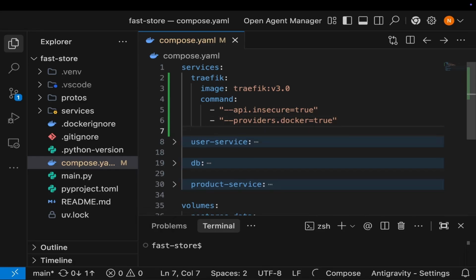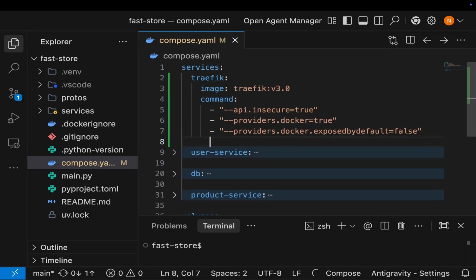After that, we shall have another one saying --providers.docker.exposedbydefault=false. This is a security command saying don't expose containers by default. And then on the last line, I can have one saying